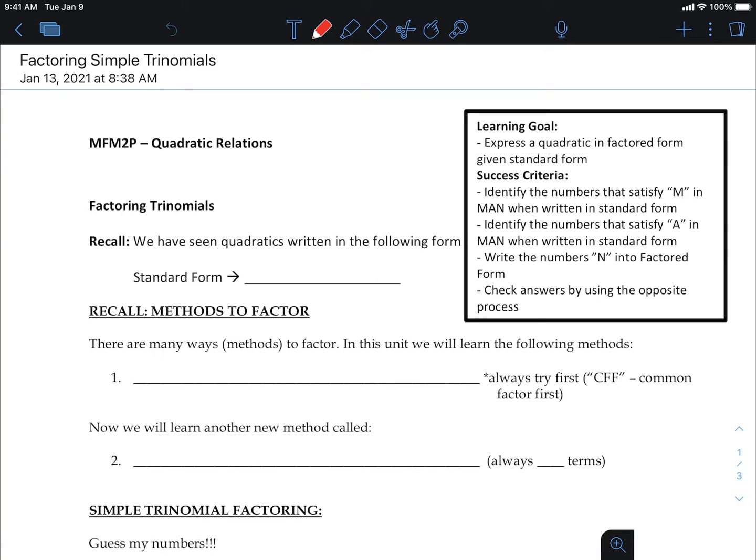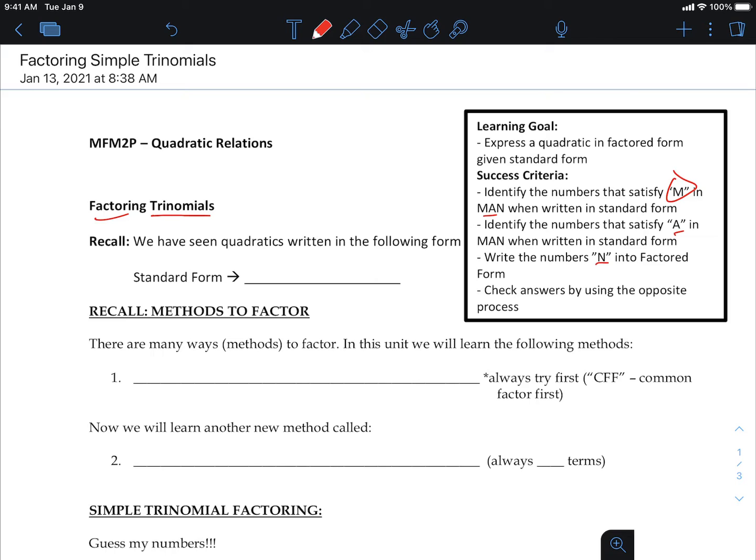So you saw yesterday, I tried to start introducing you slowly into this method. Okay. And then we'll look at a little bit of expansion too. Okay, this is the same expansion that we've been doing. So far we've been doing a little bit of factoring, but now we're going